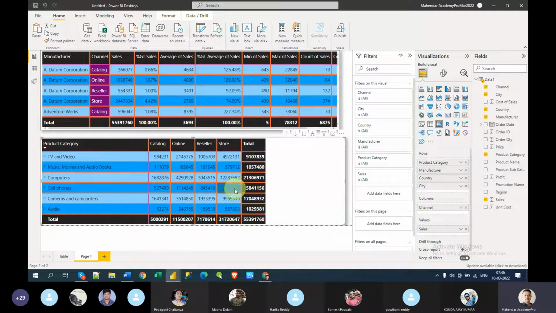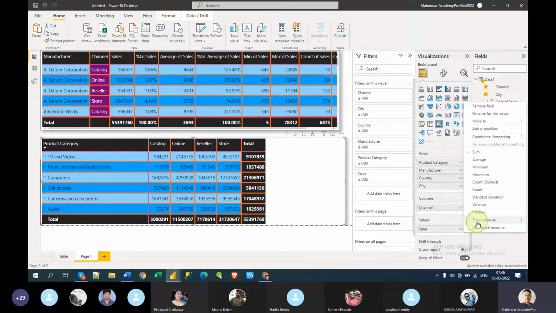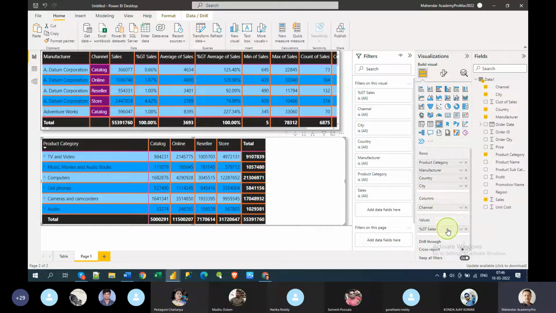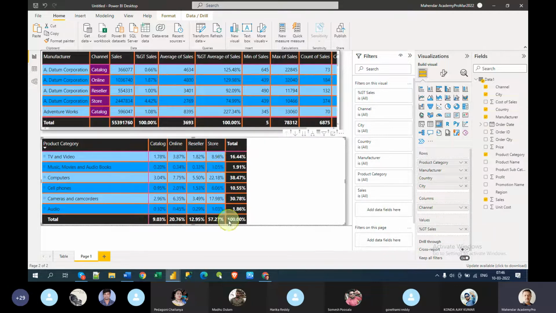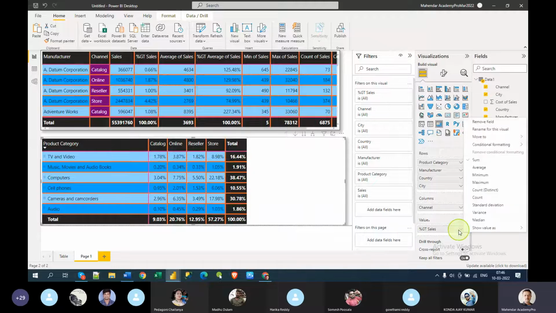And same thing, you can also show values as a percentage, here percentage of grand total. Now you see all this will become 100%. But you can also change it. No, I don't want to see 100% here, I want to see 100% here also, and here I don't want to see 100%, only this I need to accumulate to 100%.